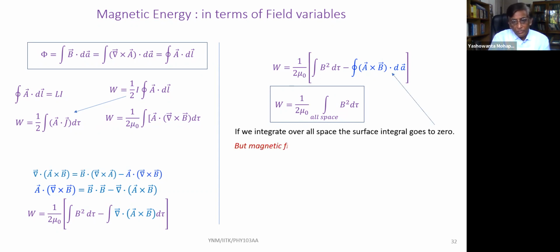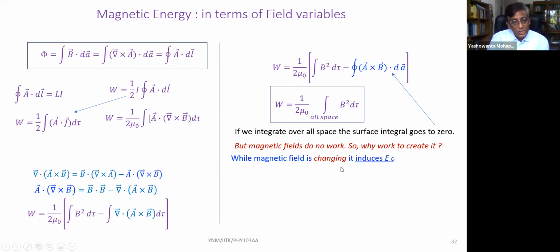All right, but magnetic fields do no work. So why is work needed to create it? That's a natural question. Magnetic fields, we have said, never do any work. But to create the magnetic field itself, we have to work. Why is that? That's because only Faraday's law can explain it. While the magnetic field is changing, as you are building it up, it induces an electric field. And you are actually working against that electric field, exactly like back EMF,